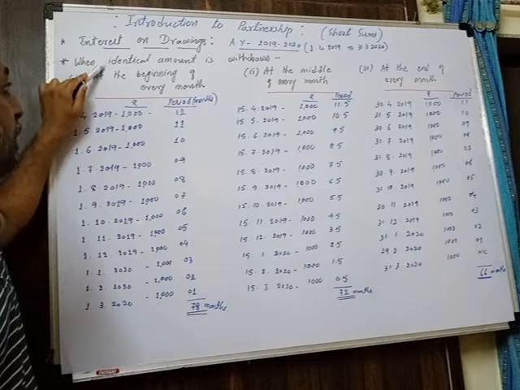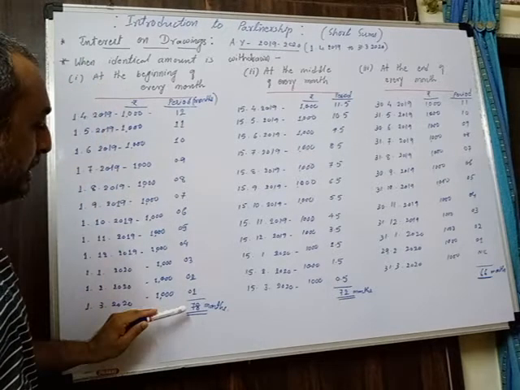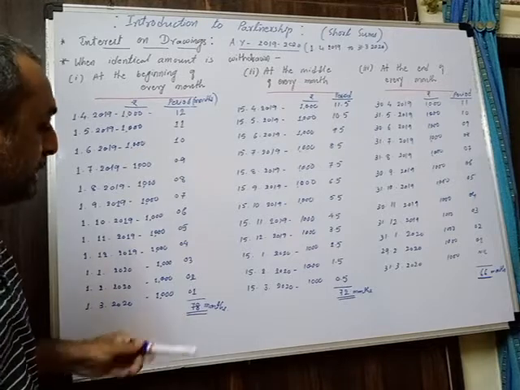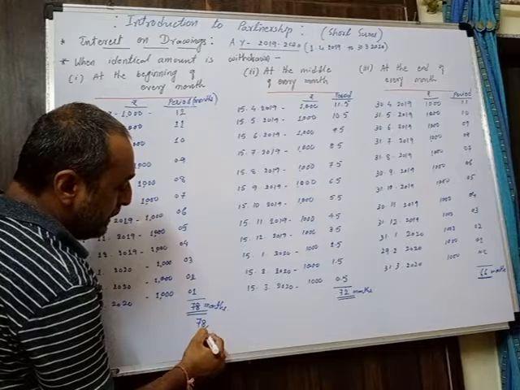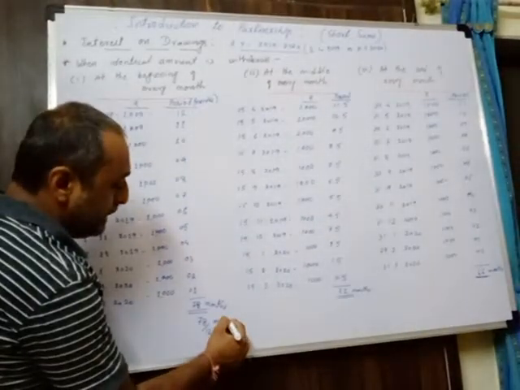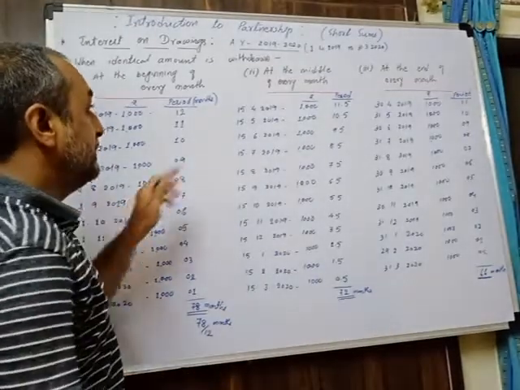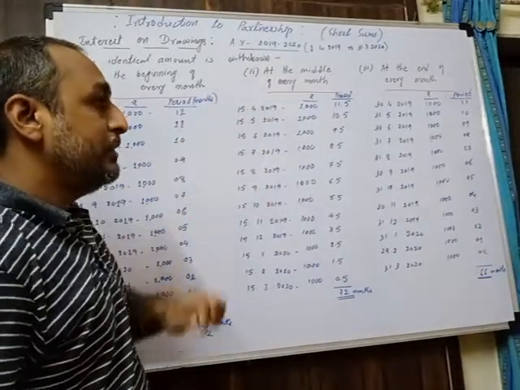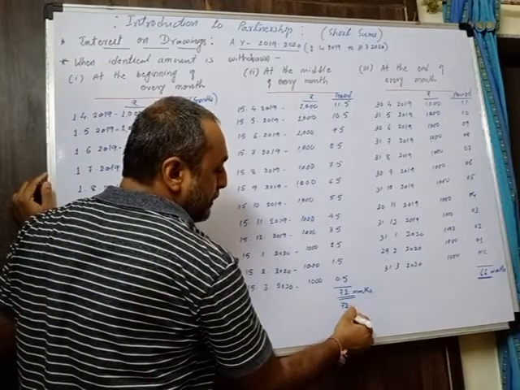When identical amount is withdrawn by a partner at the beginning of each month, we have to take period 78 months. Okay, that is, we can write over here, it is in the form of a year we have to take, that is 78 by 12 months you can say. This is the period we have to take when you calculate the interest. Similarly, when he is withdrawing identical amount at the middle of every month, then you have to take the period as 72 upon 12 months.